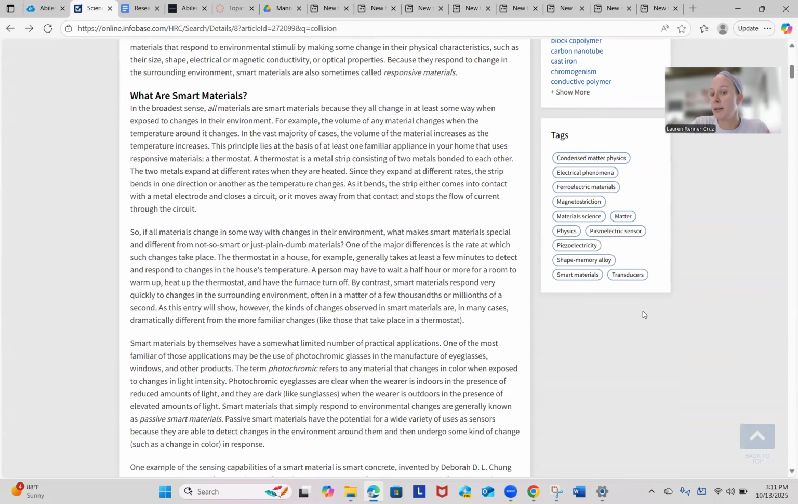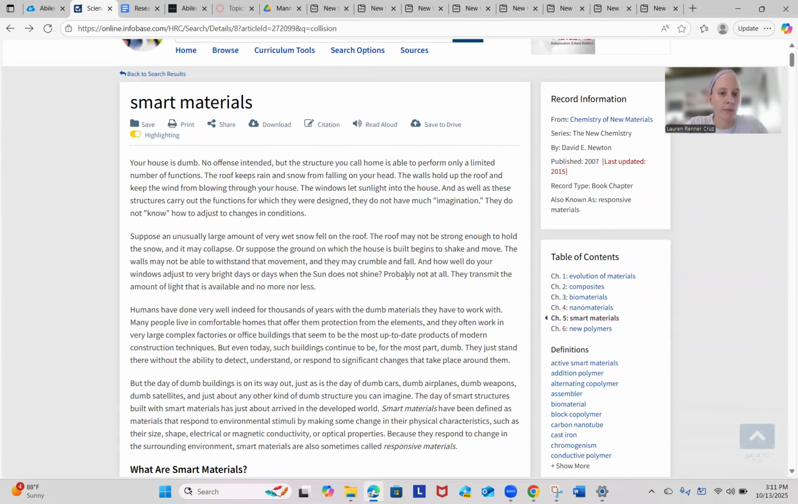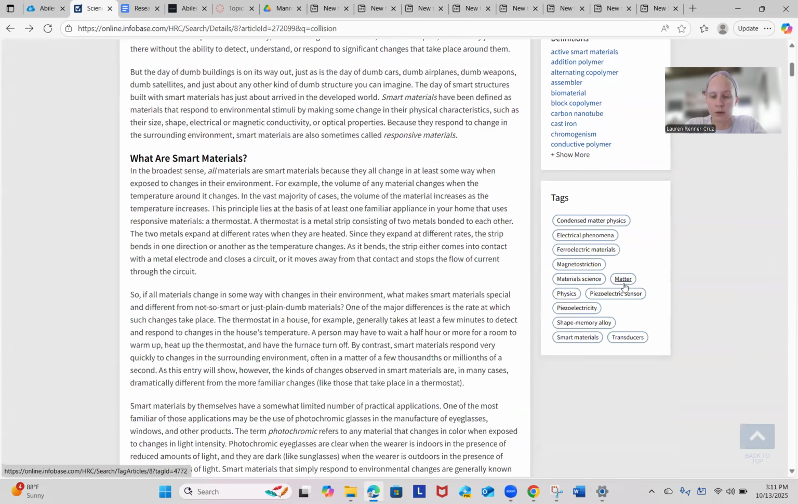Yeah, definition, and then tags. Okay, so tags help find similar resources with those similar subjects. So for example, this is about smart materials. So maybe these, matter physics,